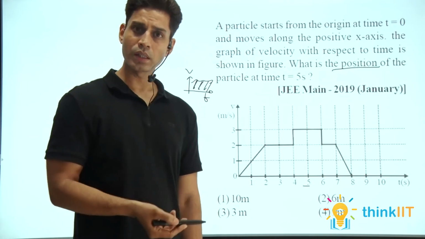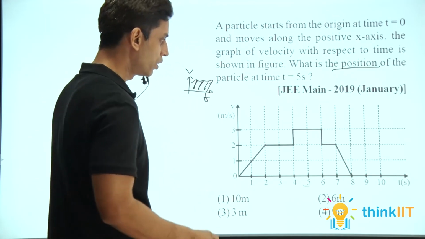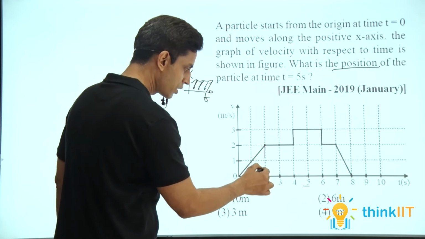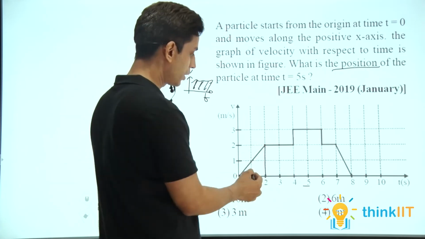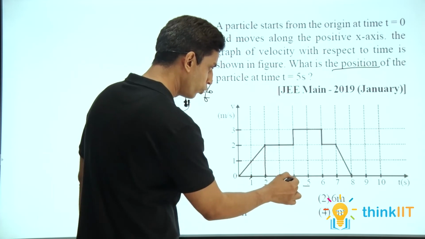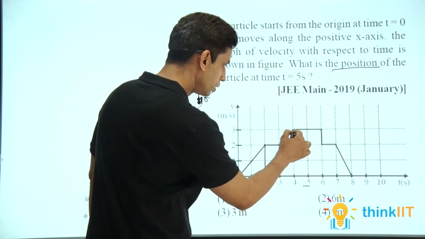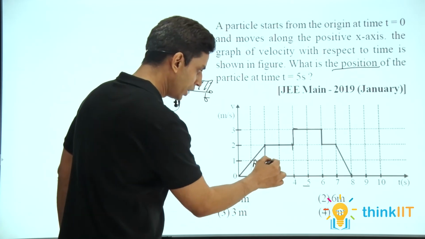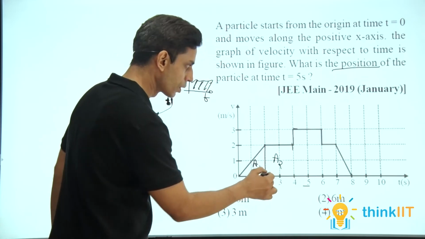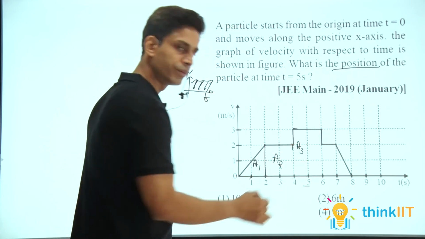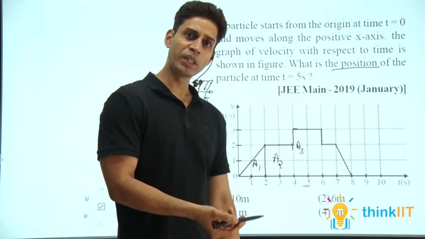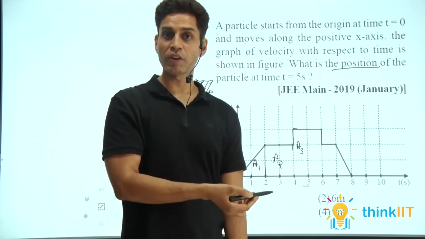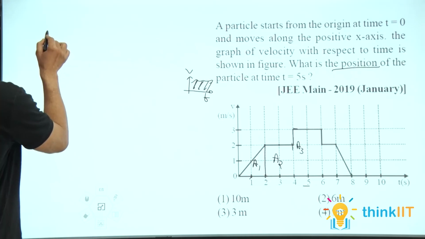will indicate the distance. So what we have to do is calculate this area enclosed till 5 seconds. First, from t = 0 to t = 2, this is a triangle. Then from 2 to 4, a square. Then this rectangle. So we have to add this area A1, that is the area of this triangle, then the area of this square A2, and then the area of this rectangle A3. So A1 + A2 + A3 will be the final answer. So I repeat, the area enclosed by the velocity-time graph will give the distance or displacement.